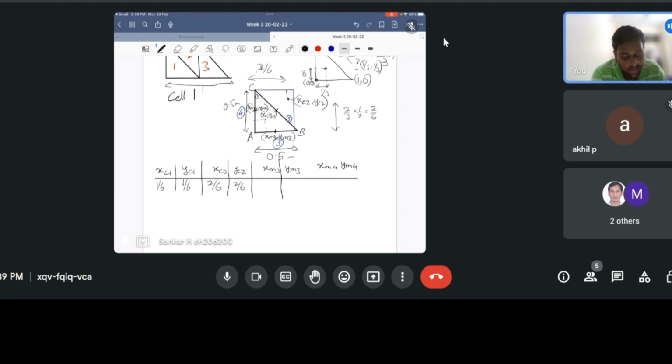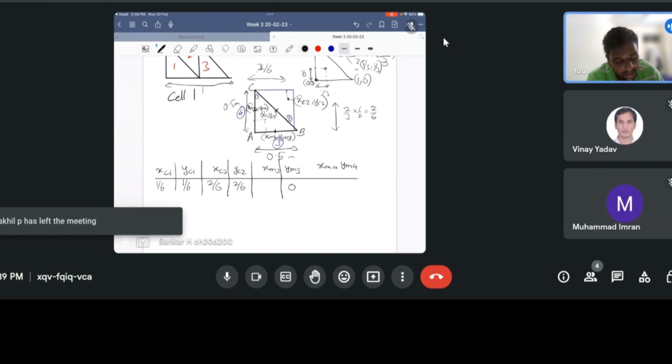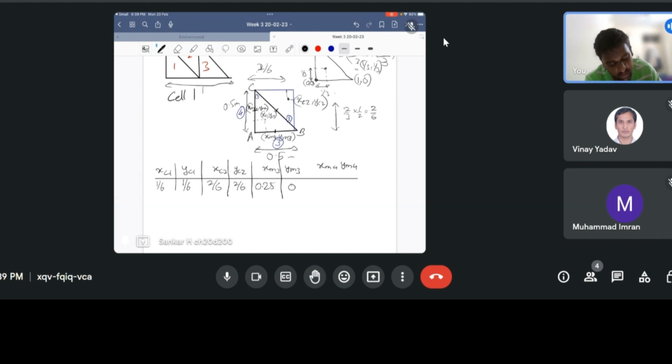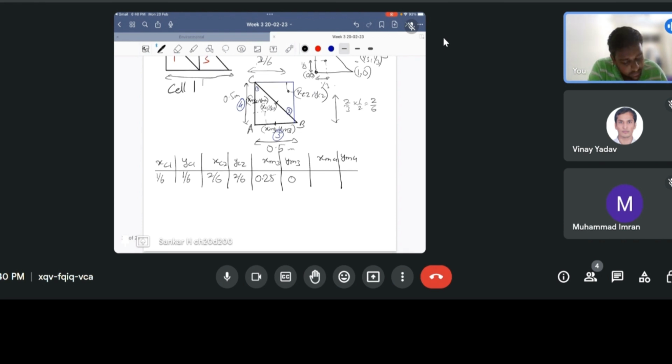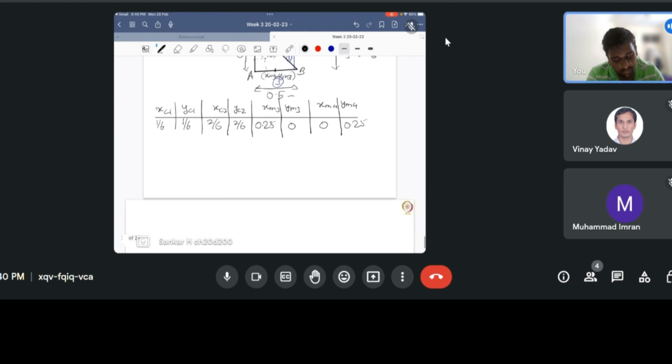Let's now calculate what is xm3 and ym3. We know that from looking at the figure, ym3 is on the line AB, so therefore it's 0, and xm3 has to be the midpoint of the line AB. Since the whole line AB is 0.5, xm3 should be 0.25. In a similar way, we can also write xm4 to be 0, since this line AC is on the y-axis, and ym4 to be 0.25. I hope this table makes sense. Now that we have made this table,